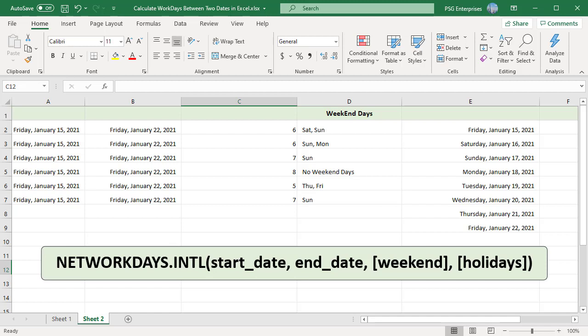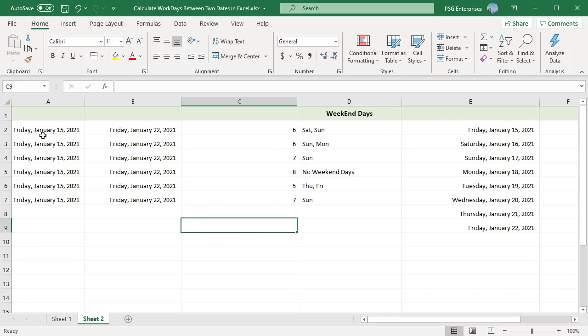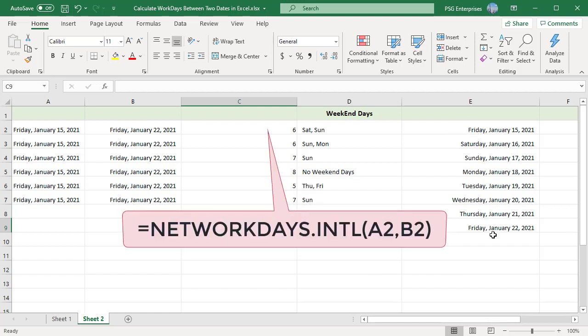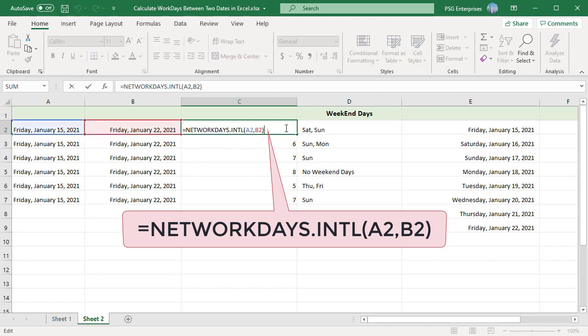Let us calculate weekdays between January 15th and January 22nd with different weekend codes. Here are the dates and the days they fall on for reference. If you don't pass any weekend code, the default is taken as Saturday and Sunday.